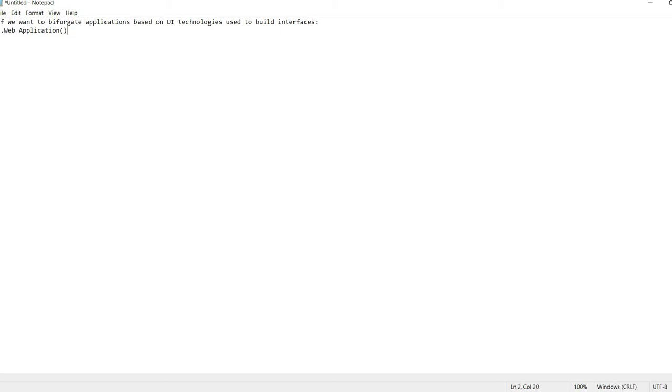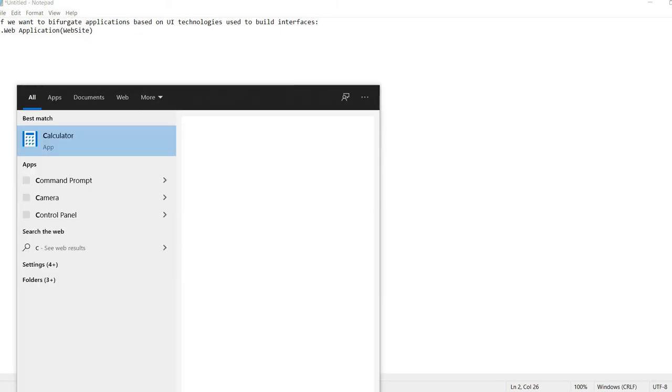Now, what is a website? Okay, let's understand. I'm talking about this from the UI side. I'm not talking about the three-tier architecture, applications communicating with the application server or web server. No, not in that sense. We are talking about the UI. UI means the interface through which we interact.